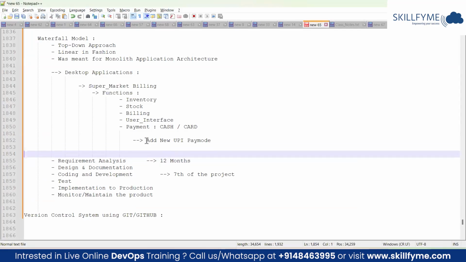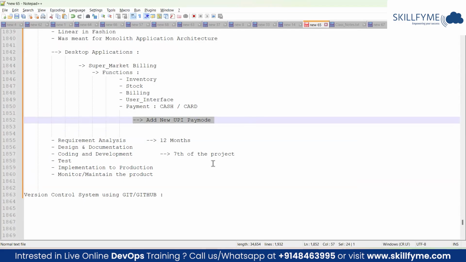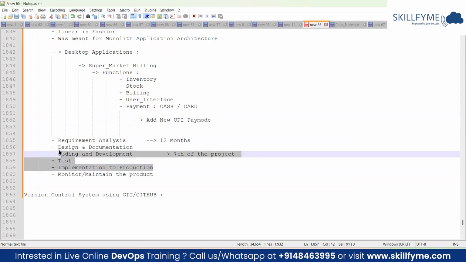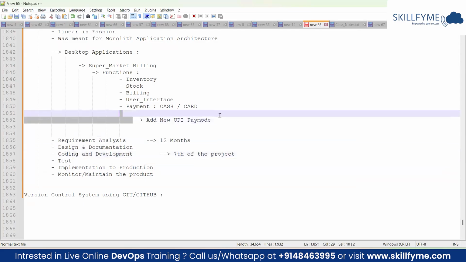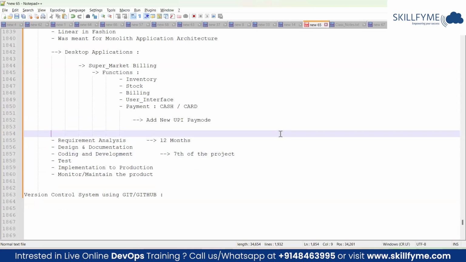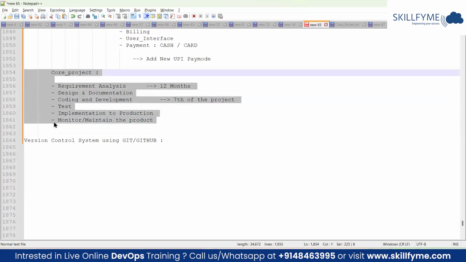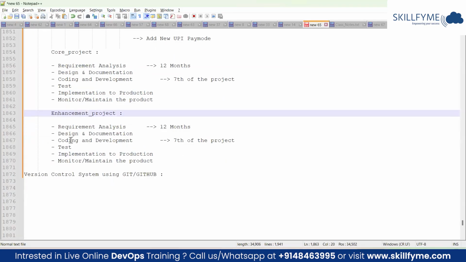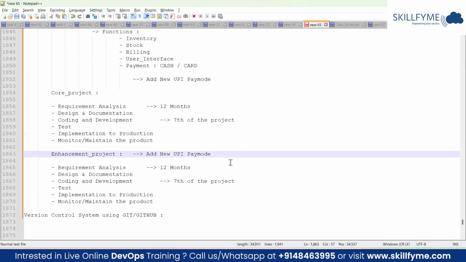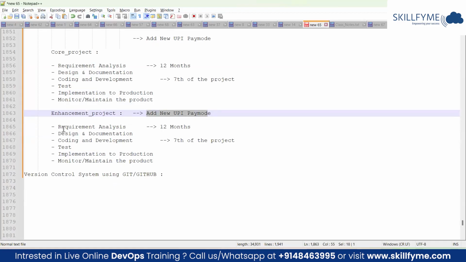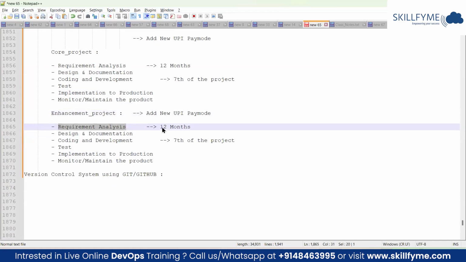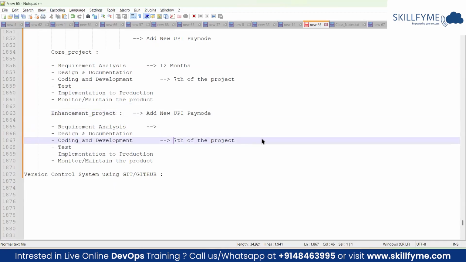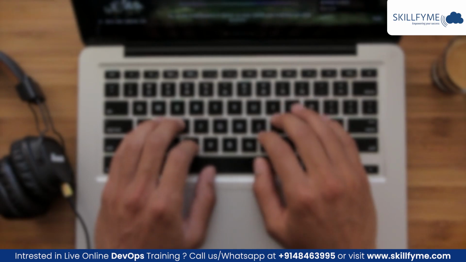So how can we achieve this particular process? The customer has to wait till we complete this project, and then we can have this as a new project. So it means this can be considered as a core project, and we can have one more project that can be considered as an enhancement. So as part of this enhancement, you can add this feature. Are you getting my point? And this new feature also will be analyzed in detail. It will be estimated, maybe less than that. And then they'll be doing the coding and development and finally implementing it.